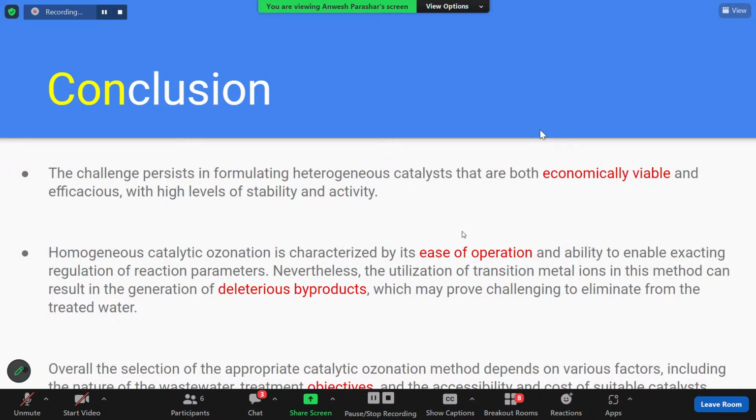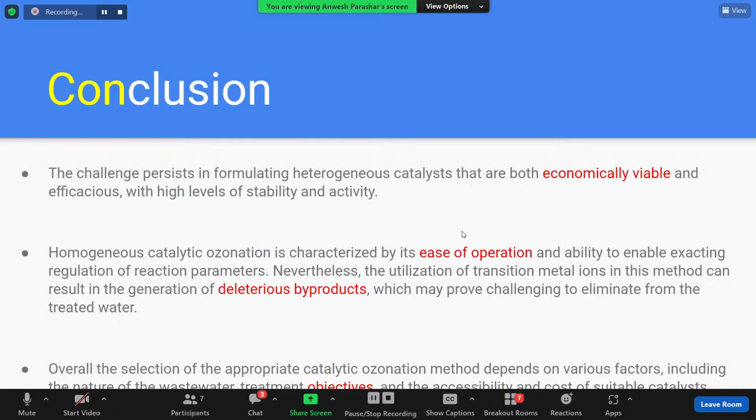Right now, the development of catalysts is such that we can also use catalyst chips, in which we are integrating the heterogeneity and homogeneity of the catalysis process. The benefit of this process is that even after repeated use, even after 10 usages, the efficiency of removal of dyes remains high. Zhu et al. conducted a research